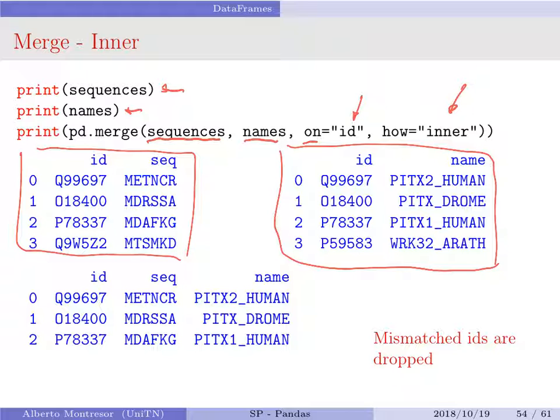So what you get here with inner is a table which has ID, which contains 3 IDs, sequences, which is taken from here, and names, which is taken from here, and only the table lines which are, so the IDs which are common to both tables are present, and the mismatched IDs are dropped. So Q99697 has now met NCR and Pete whatever, human, etc.